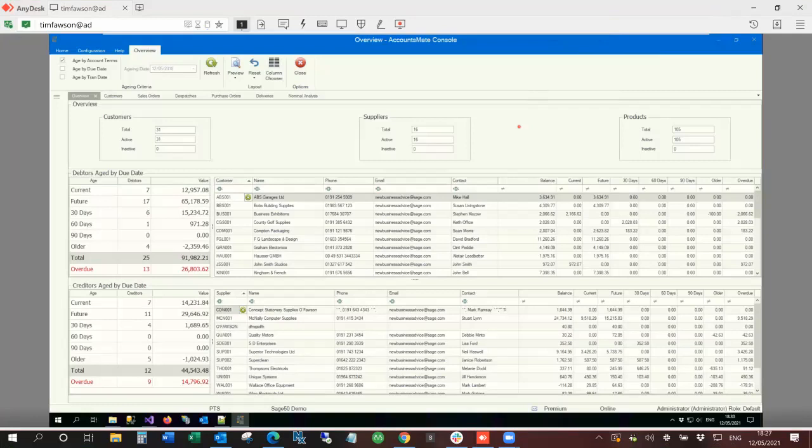The main areas that we concentrated on here were supplier and customer debt aging, sales dispatches, purchase deliveries, and some nominal analysis. So if we jump straight in,